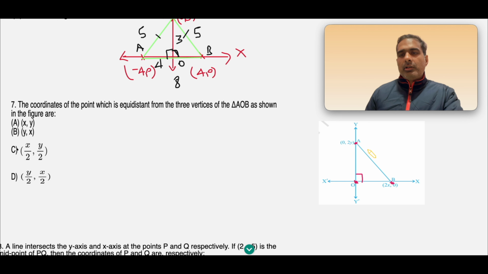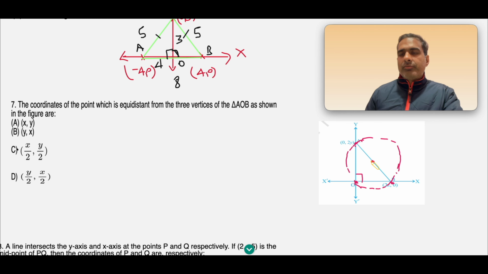So if we try to draw the circumcircle of this triangle, we know we can draw a circle passing through all the three vertices of any triangle. So if I draw a circumcircle of this triangle, it will be somewhat like this, passing through A, O, and B. So this triangle AOB becomes an angle in a semicircle because it is a right angle triangle, and we know if any right angle triangle is inscribed in a circle, it will be an angle in a semicircle. It means the side opposite to the 90-degree will be its hypotenuse. So AB is the diameter of the circle,